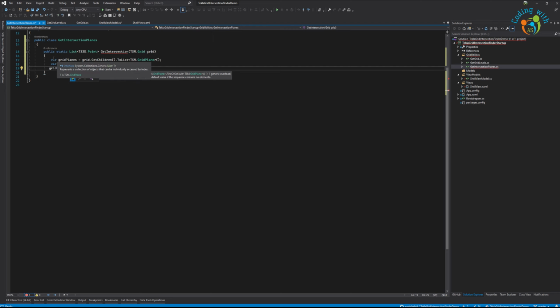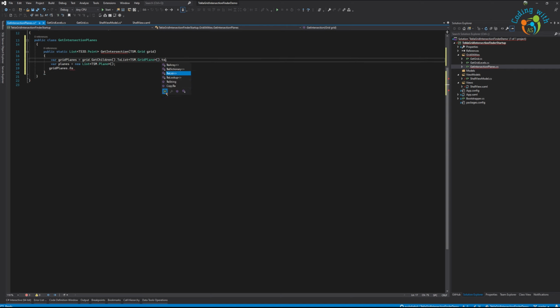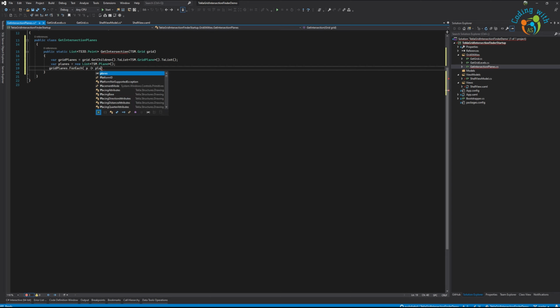This is because this is a list, so we need to do a dot to list. Then we can directly use for each p goes to plans dot add p dot plan,